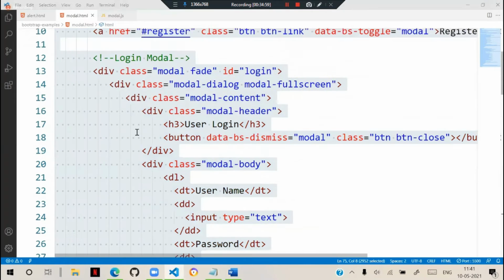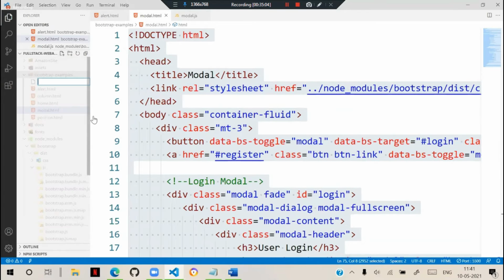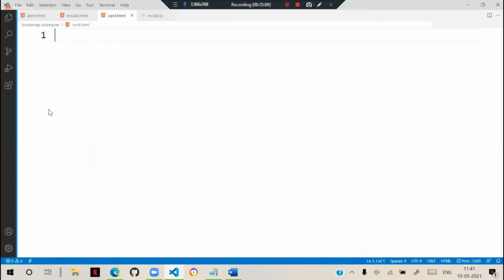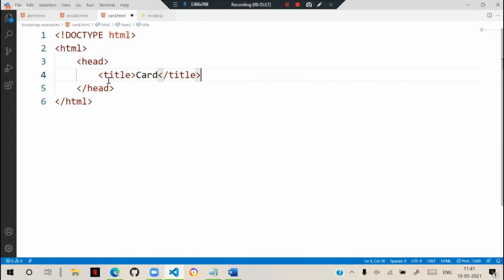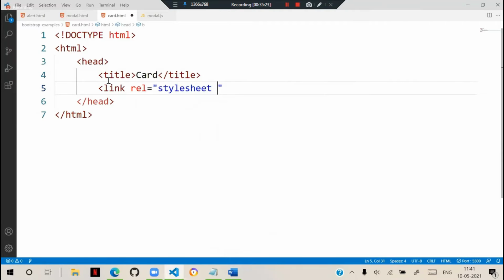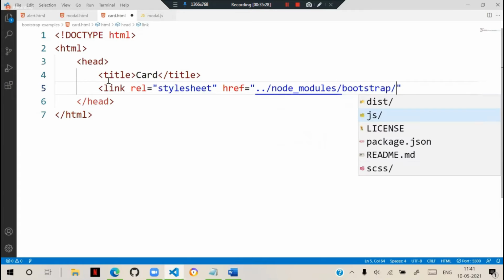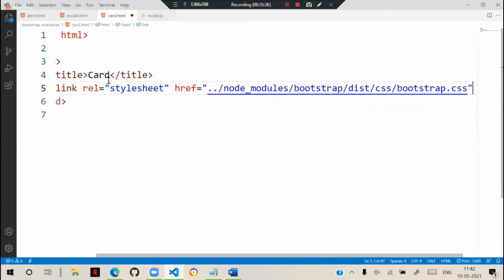They just need presentation. So let's add another file, card.html. All these examples I will upload into the classroom, the HTML files also, so that you can get them easily. So in the head section, now title some card, and a link with rel equal to stylesheet, and link href equal to node_modules, that is bootstrap dist css bootstrap.css.